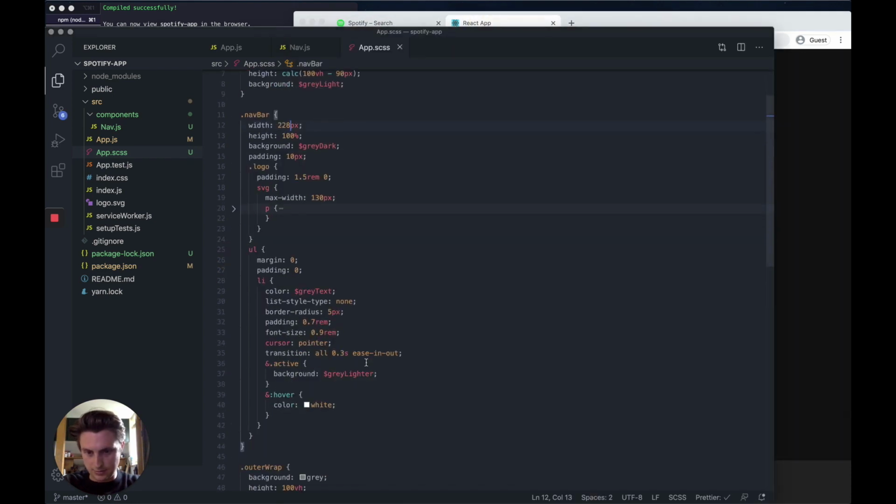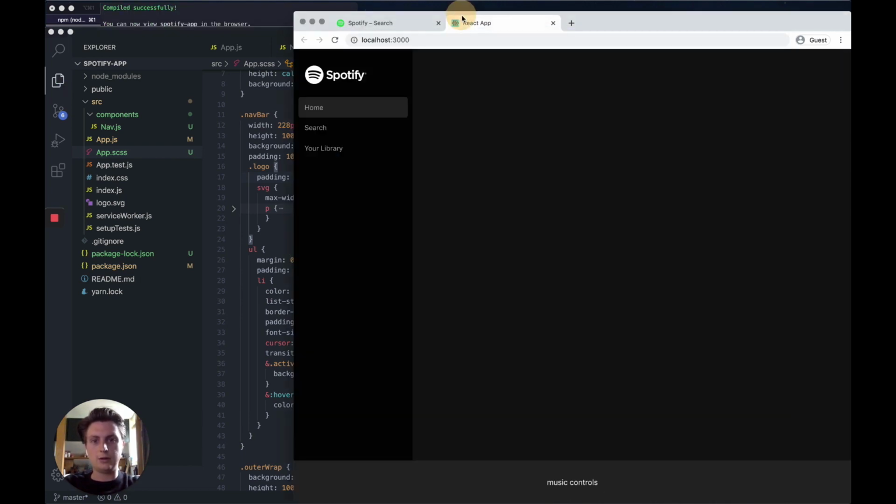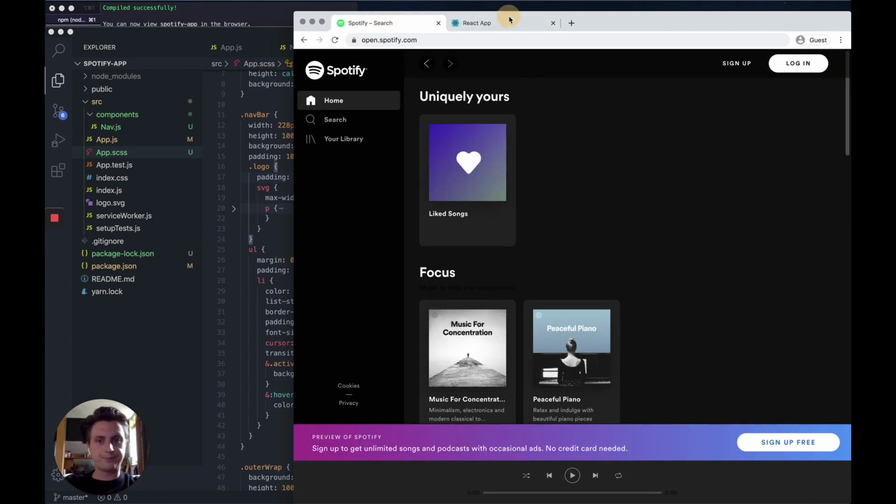Okay, so let's go back down to our li's. Let's do padding 0 8 rem. Then add up the logo. Okay, that looks a bit better. It's not spot on, but